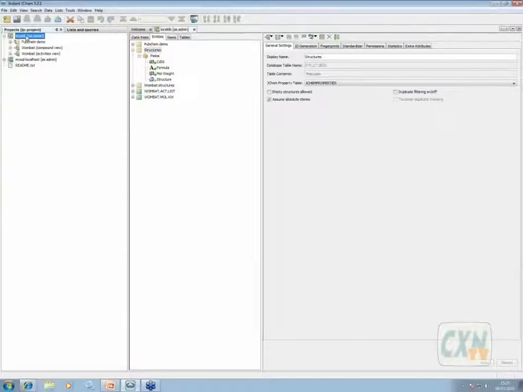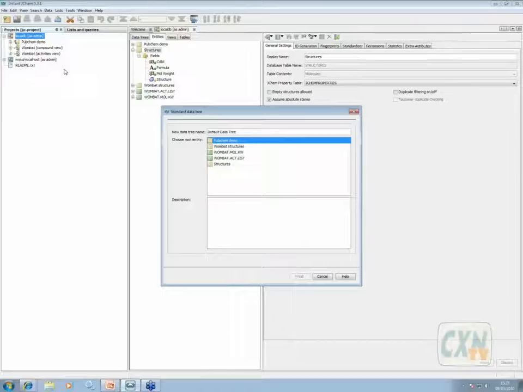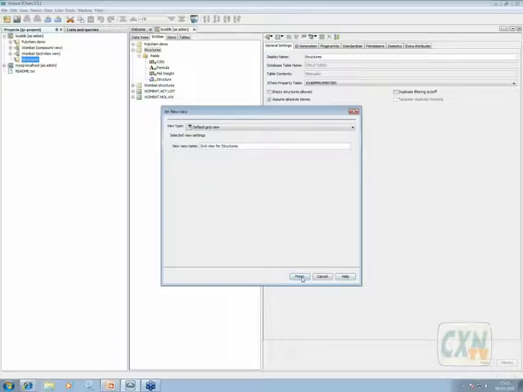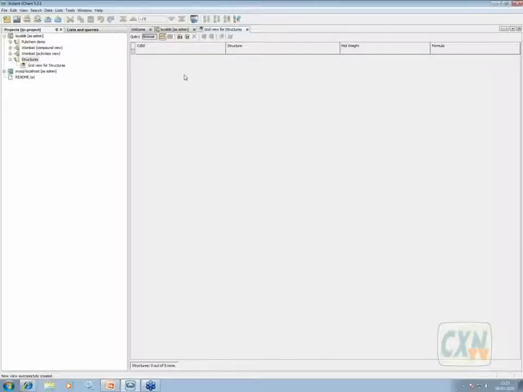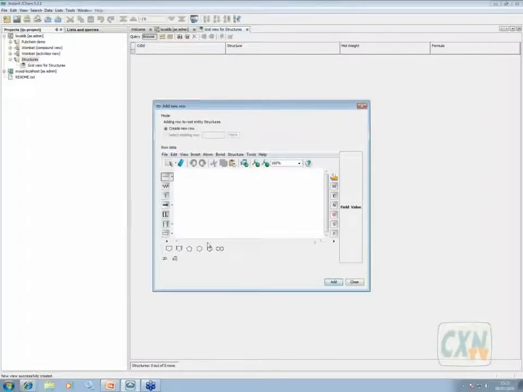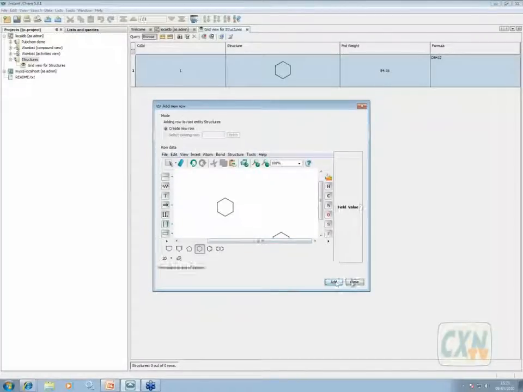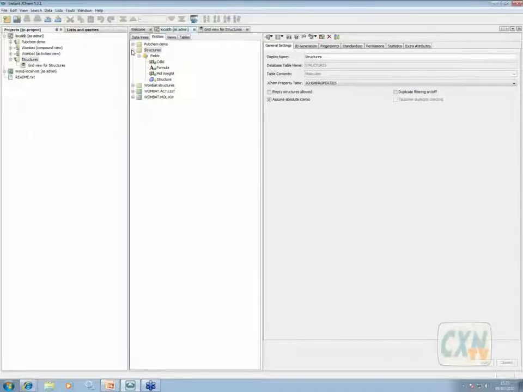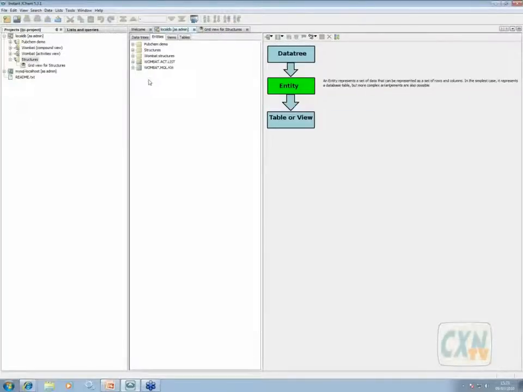You can create a new data tree for that entity, and then create a new, let's say, grid view for it. And at the moment it's an empty table. Go straight in and start loading structures and other information into those tables. So this is the easiest way to go about creating tables in Instant JChem. It's to create them directly. You can create either a structure table,